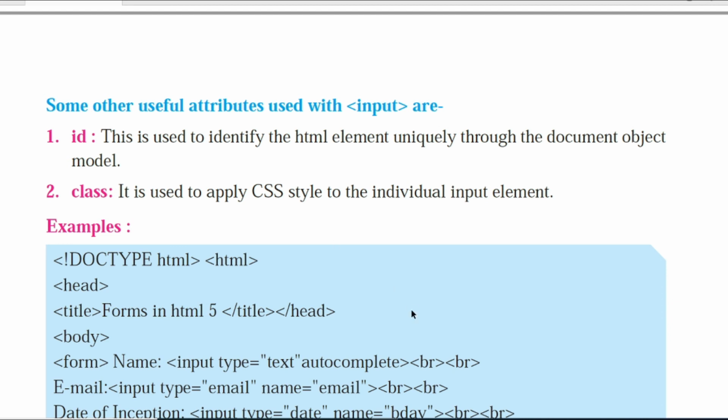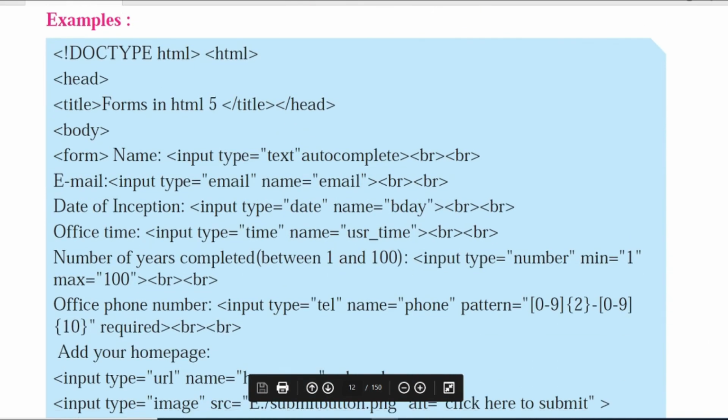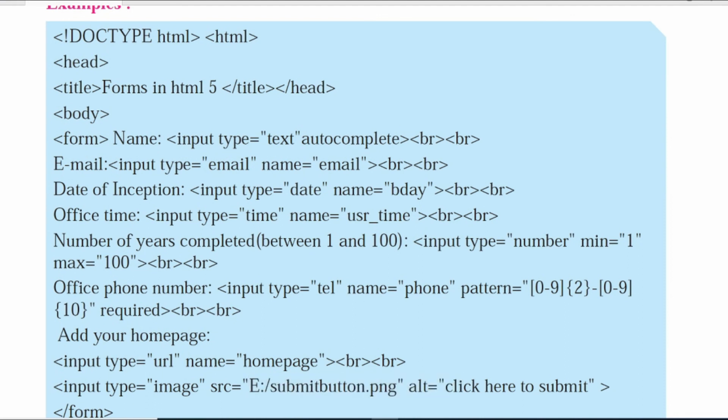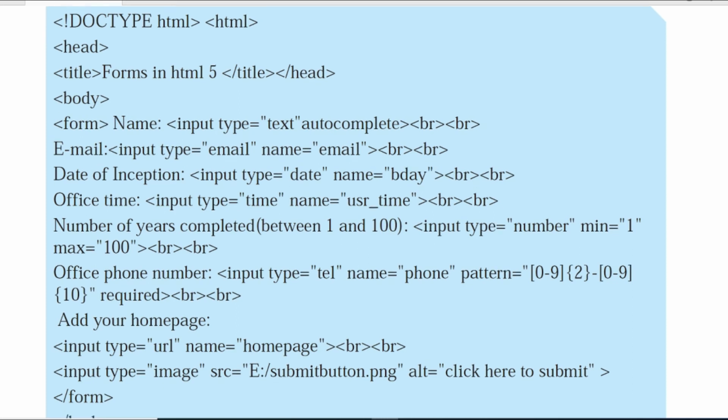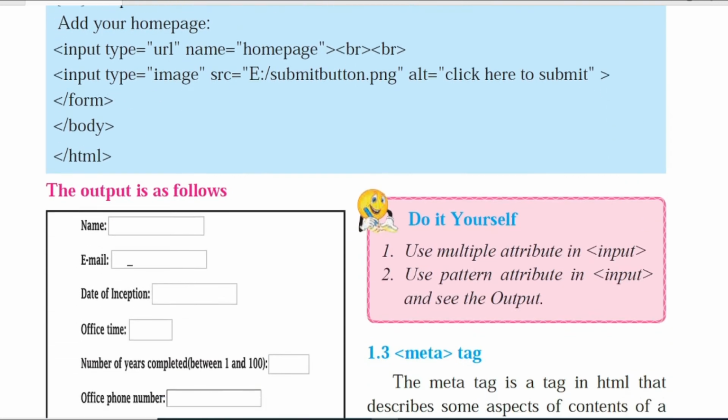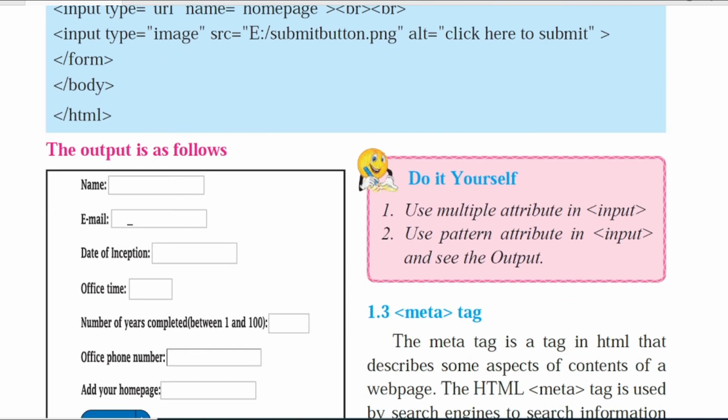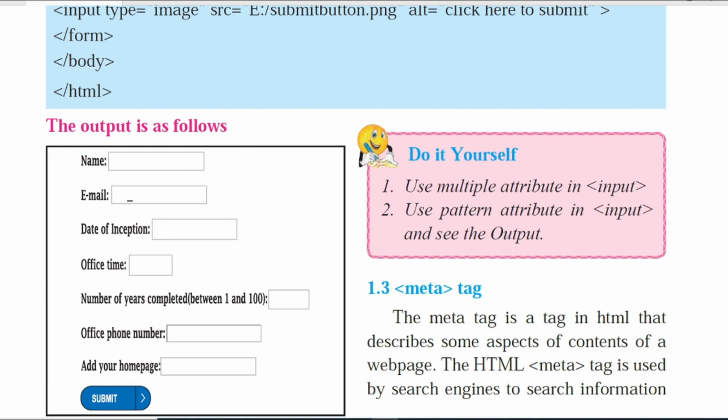My dear students, here we have an example of a basic web form which is using the new input elements which we have studied just now in HTML5. We'll be doing this practically in our next video lecture. We are going to use all the new input elements and all the basic attributes also. So stay tuned. In the next video lecture, we will cover this new input element form and try to gain this output over here.